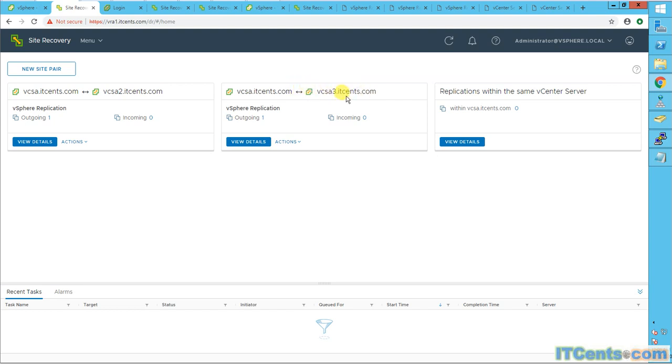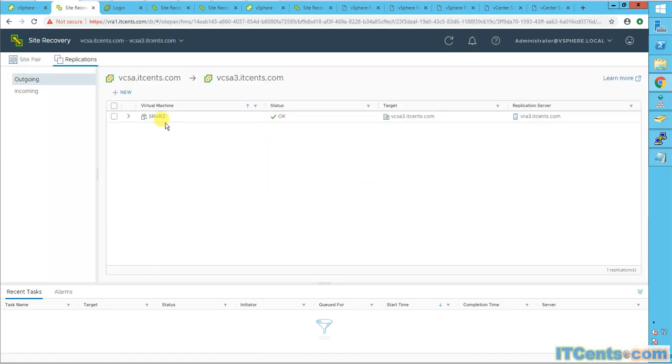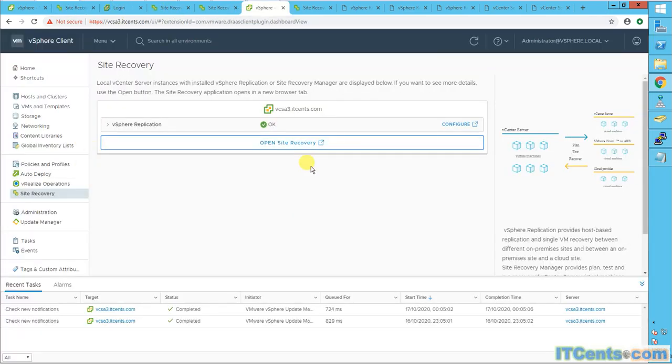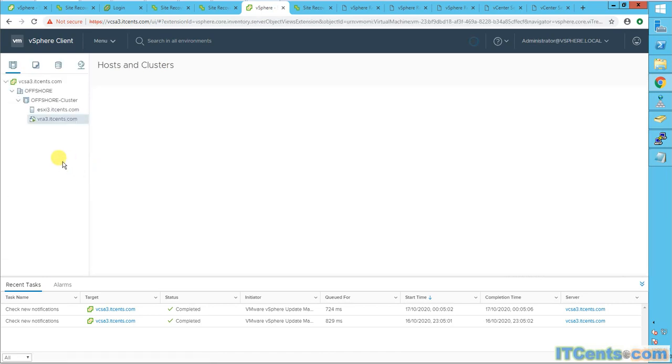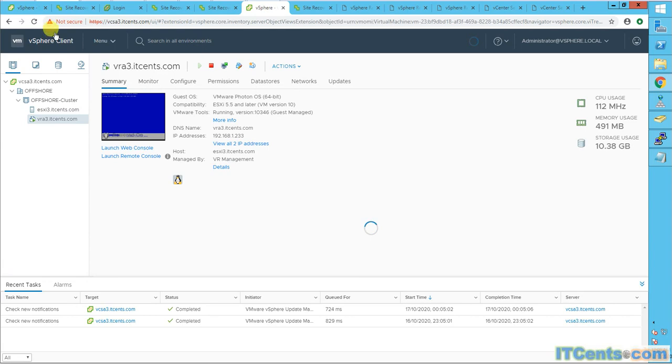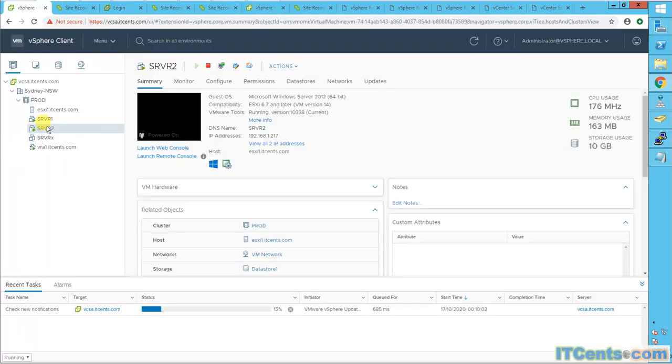has pairing with the offshore vCenter, and it also has one outgoing. And this outgoing one is server 2, right? Which is getting synced. So if I go to the offshore site vSphere, which I believe is this, yep, as you can see, no VM here because currently the VM is running from